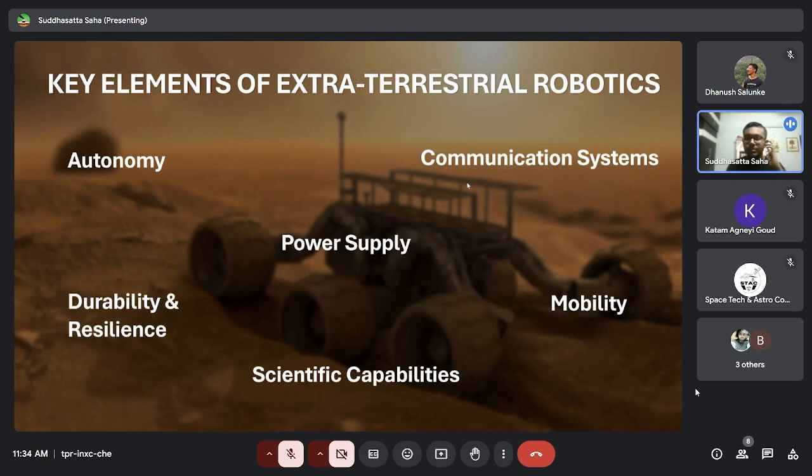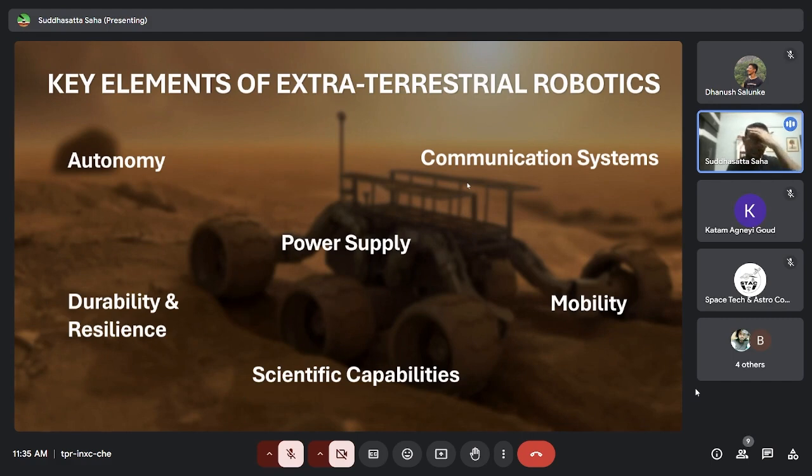So as per that, the communication systems are developed, and they form a very important part of keeping all the elements together and sending data back across such large distances in the vast space. And then we have this very important and central topic of discussion, that is power supply. Power supply is the central topic of discussion, because